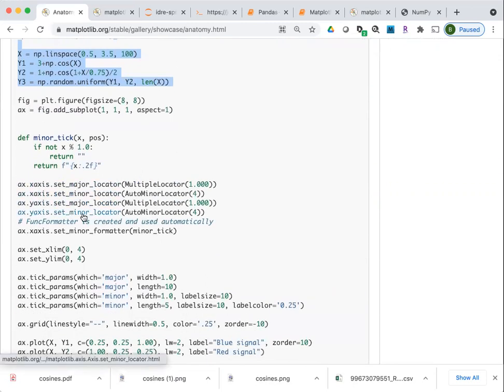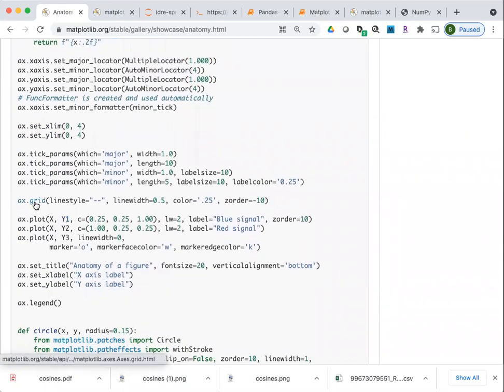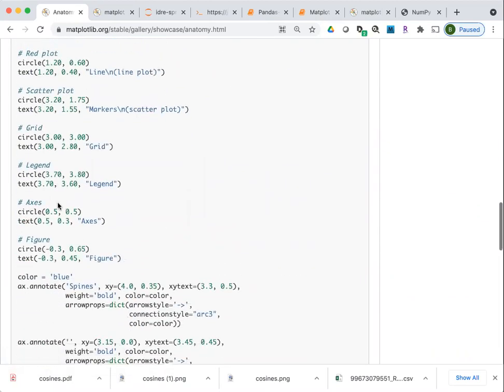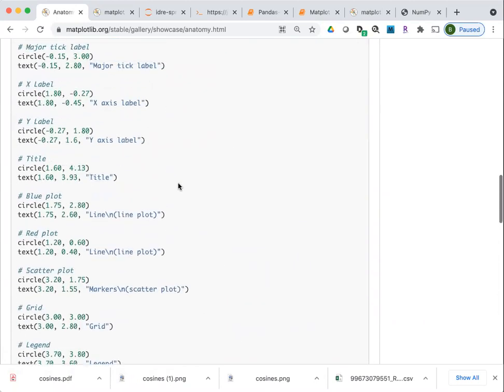And then it does some more fancy things for setting the placement of ticks and which ticks are major and minor. If you want to look through these, you can look up the documentation for any of them. This particular section is just generating the ticks. This sets different parameters about the ticks. This sets the X and Y range. This sets the style of the grid, which as highlighted here is just the grid on top of the figure.